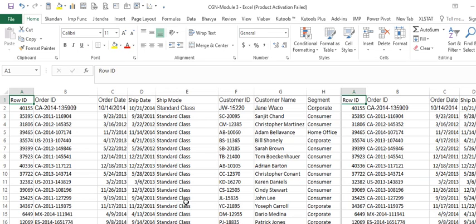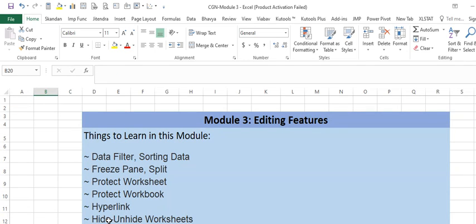So this is how we do the hyperlinking, and then hide, unhide. You can go from one sheet to the other sheet. You can move between, navigate between sheets in the same workbook and things like that. So with that, we come to the end of this session. And thanks for your patient hearing. Thank you very much.